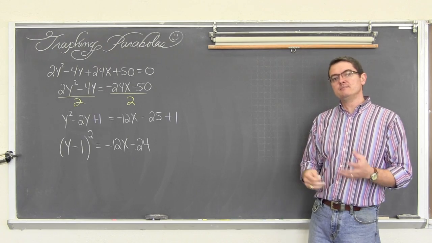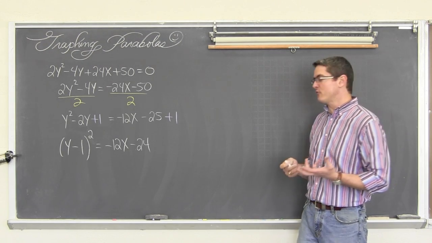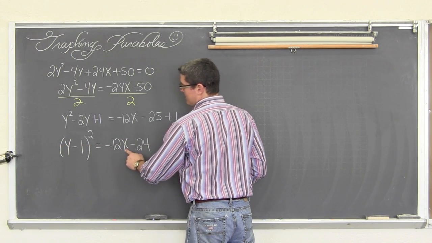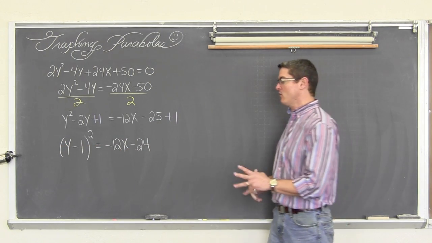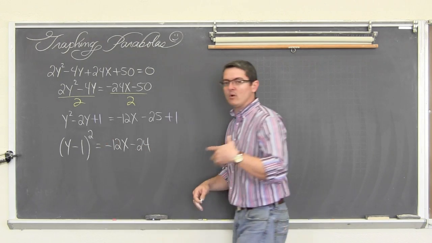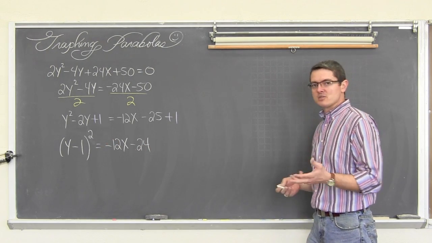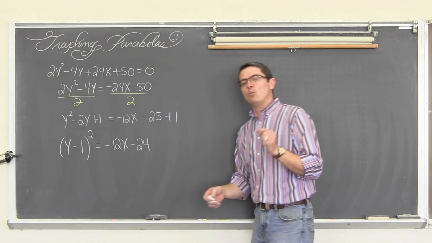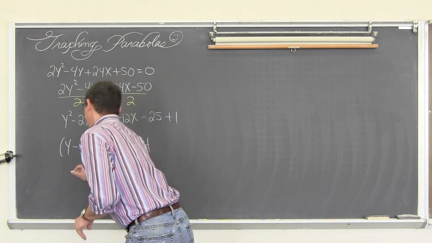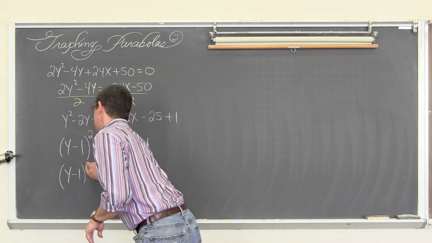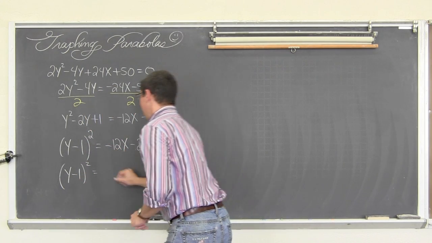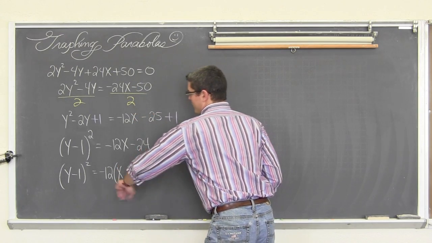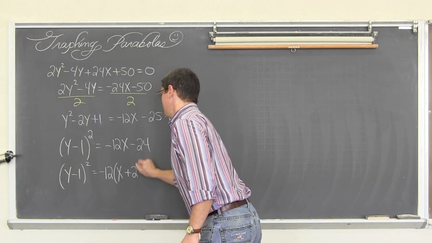And my textbook, and like I just showed you a second ago, standard form is that the coefficient of your variables of y and the x must be equal to 1. So before we start worrying about trying to graph this and find out what p is and the latus rectum and what direction it's going in, we need this coefficient of x to be 1. So we're going to factor out that negative 12 and get y minus 1 squared equals negative 12 divided by negative 12 is equal to 1x. And negative 24 divided by negative 12 is positive 2.